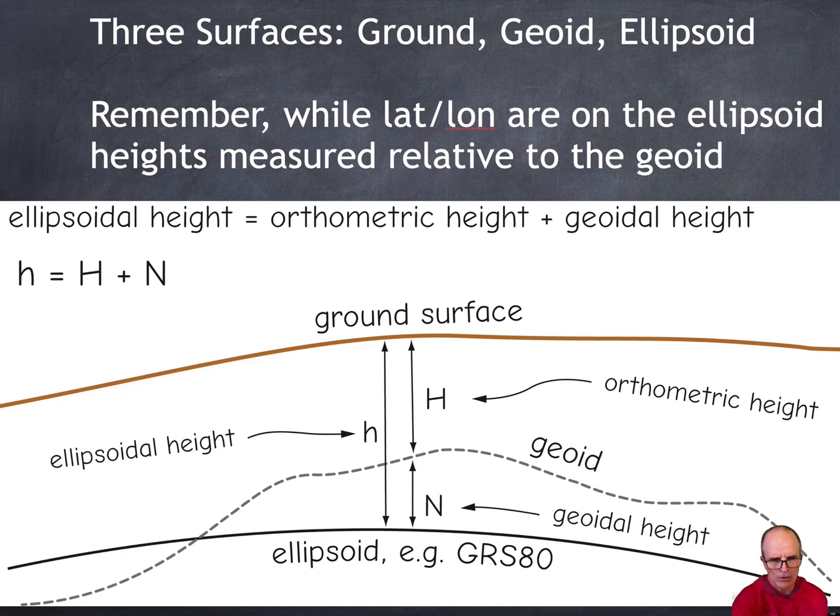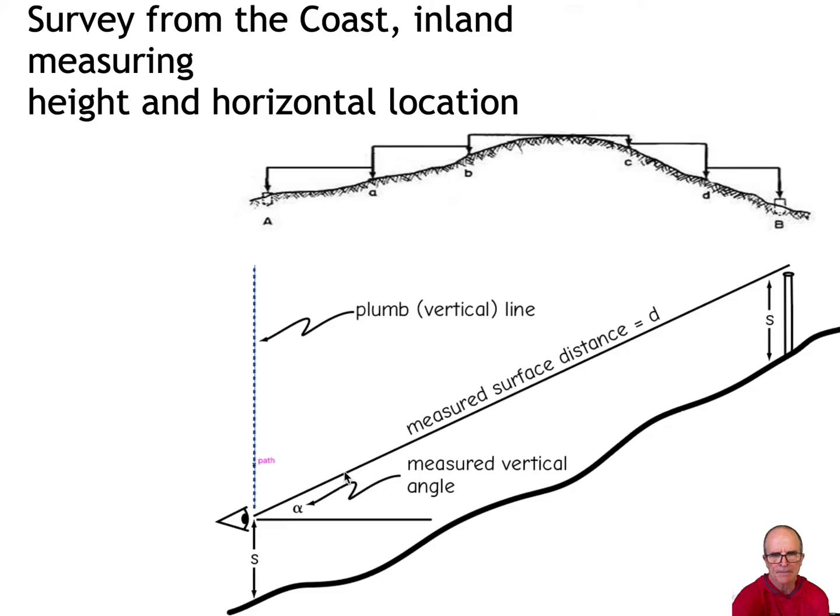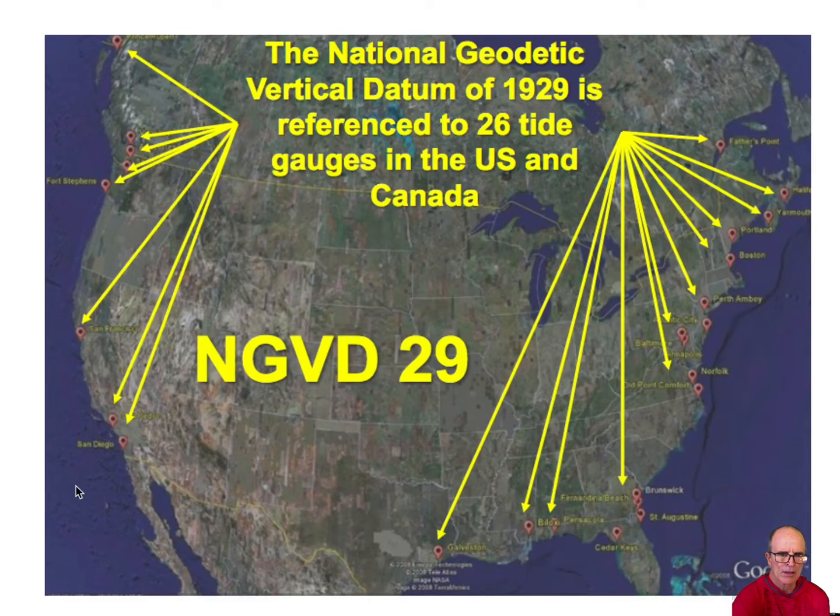So our current or modern datums, or estimated vertical datums, are focused on estimating these geoidal heights, right? Again, in the old days, we used to start at the ocean and measure changes in heights over distance, and accumulate those. And for key points, mountaintops, the top of church spires, other things, we'd do this leveling and calculate heights and then monument those heights. And we had a big network. And the idea was we'd start at standard gauges where we had long-term measurements, and we would measure inland and get